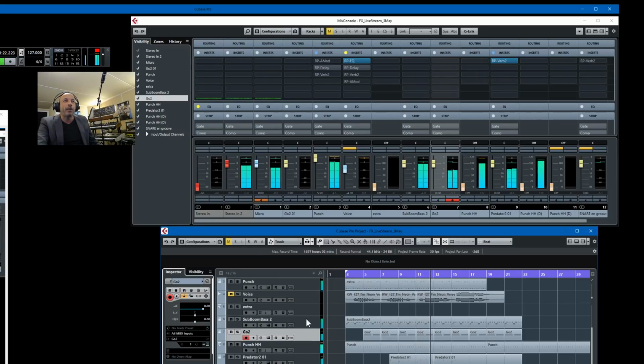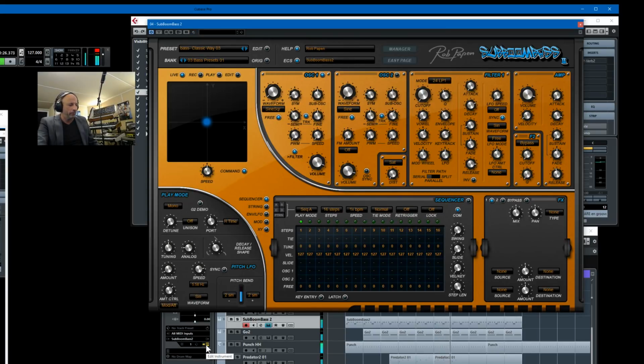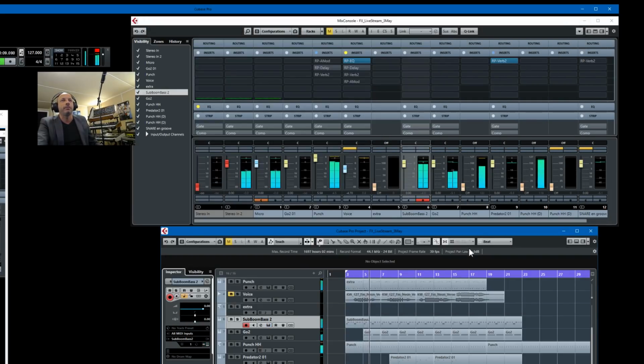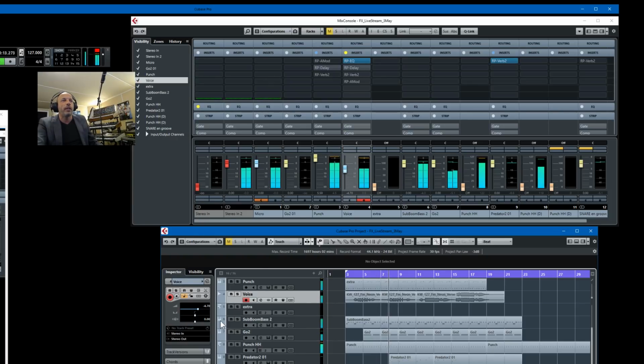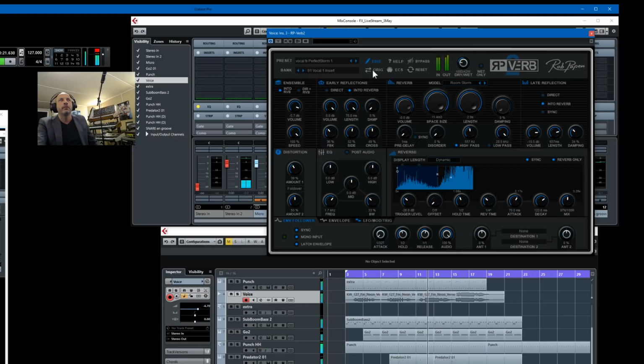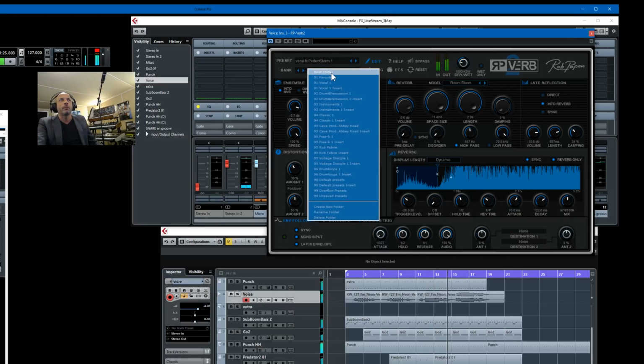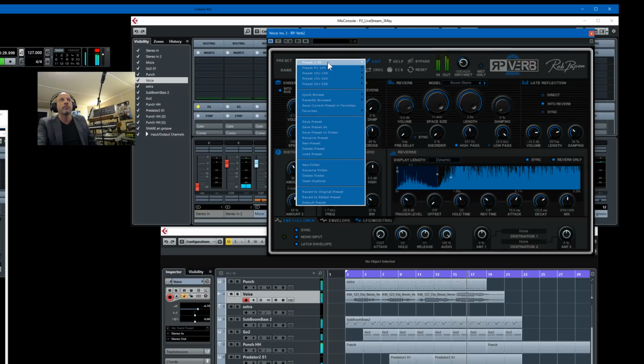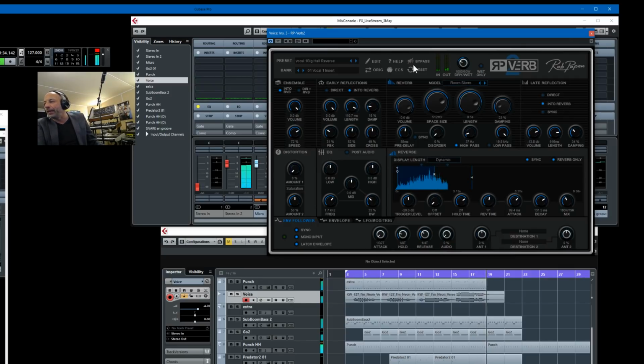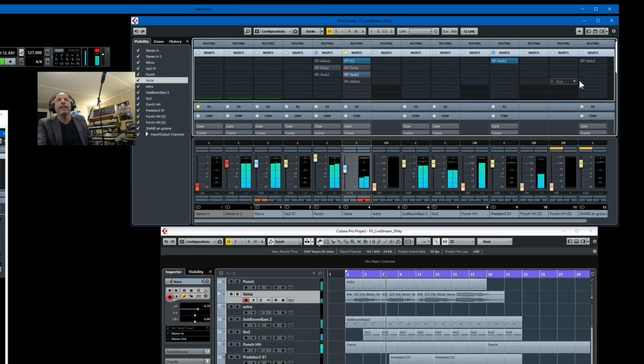So then we have the sub bass playing. And as you can see, no FX is used, it's just pure sub bass without any FX, not even in Sub Bass 2 itself. Now there's this vocal, and with this vocal we were using EQ. Put on the reverb again. That sounds better, normal. Yeah, that I did mention. Okay, we let her sing, and then we have, of course, the